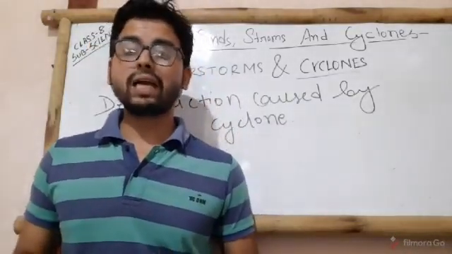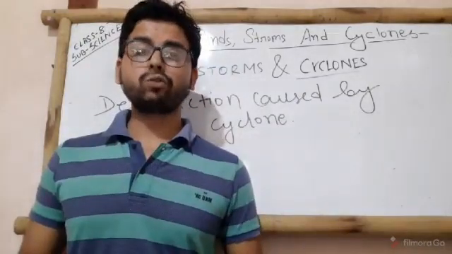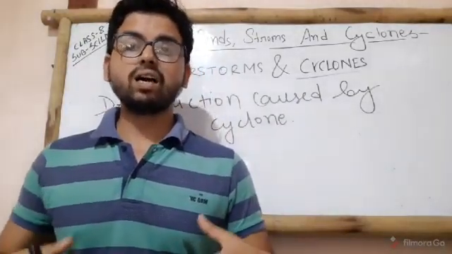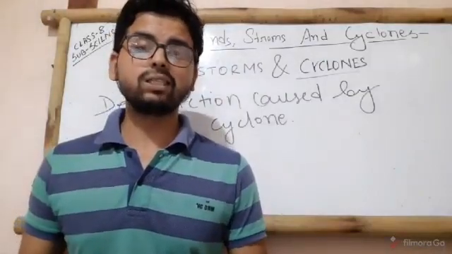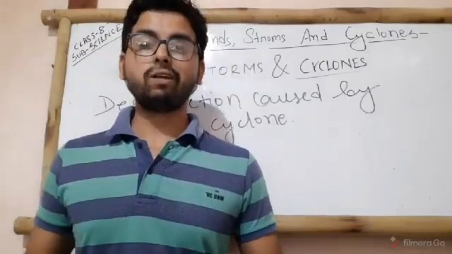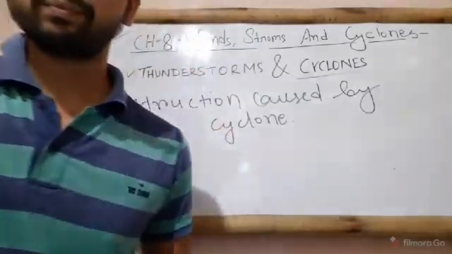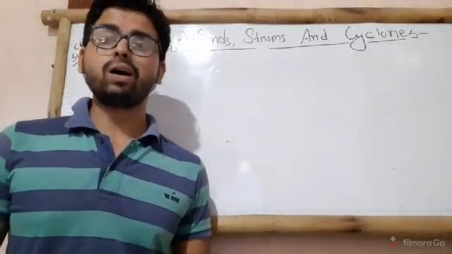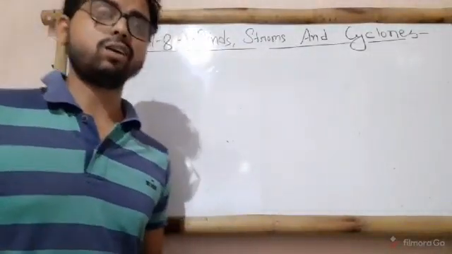Now I am going to tell you the name of two cyclones. The first one is hurricanes, which occur in the American continent. Okay, and another one is typhoon, which occurs in Japan and the Philippines. Clear? Now I am going to discuss with you another natural disaster, whose name is